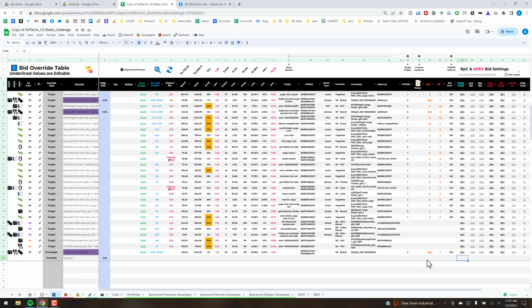And don't lose the fact that you're still optimizing every keyword at that point within these portfolios at the keyword level. It's just you're using one set of bid input setting criteria parameters, whereas if you break it out into target level overrides, you can segment it all the way down to the target level. So you're getting full room to customize things with this structure. And then the portfolio is grouping a bunch of campaigns, and campaigns is grouping a bunch of targets. So I know it's a bit confusing, but once you decide on how you want to lay out this bid override table, it becomes pretty easy,